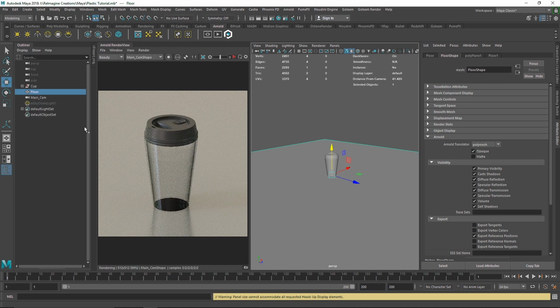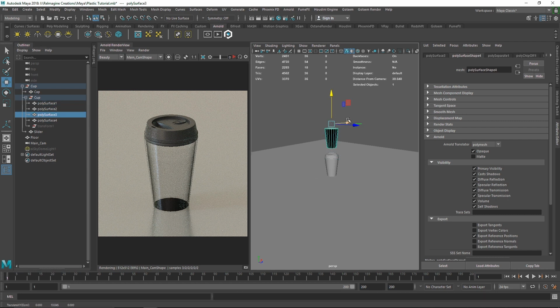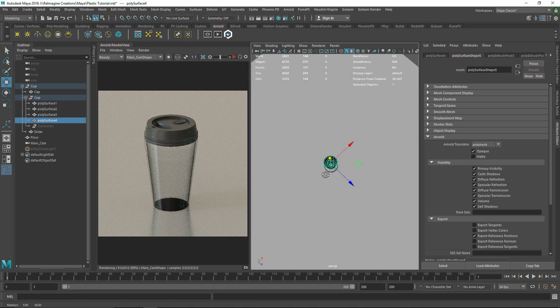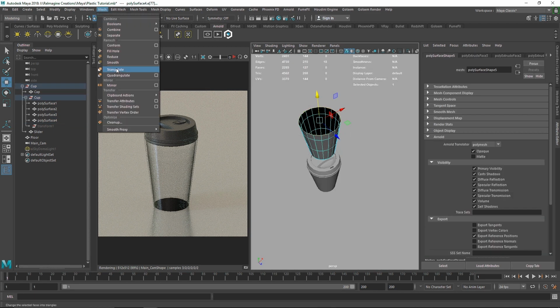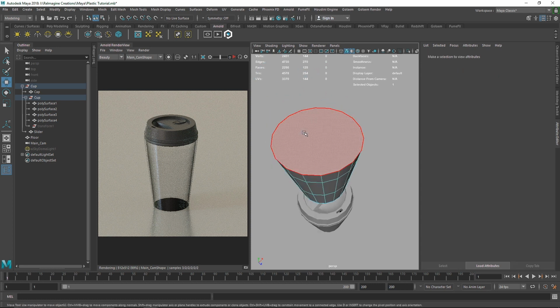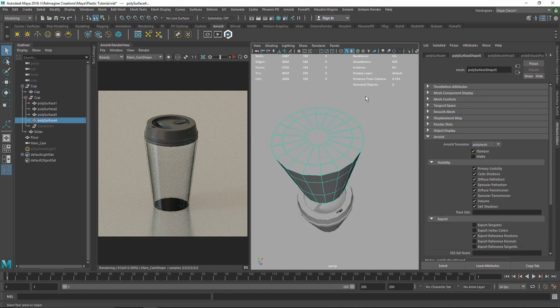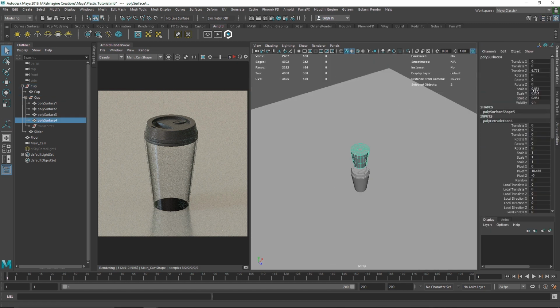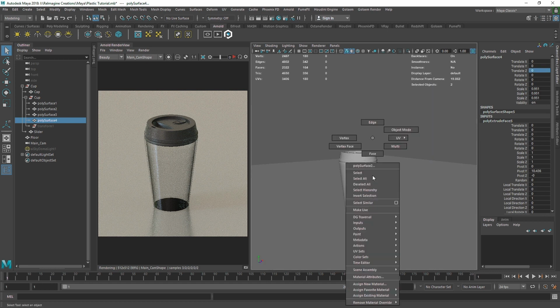Now I'm going to go to my outliner, and I have this, where is it? Yeah, this is what we wanted. I believe it was, I think it was this. Yeah, so there's one more thing we have to do, is fill this from the top as well. I'm going to select this face, hit Ctrl E, and just extrude this, hit G, and that's it. So let's make the Z value 0 again,